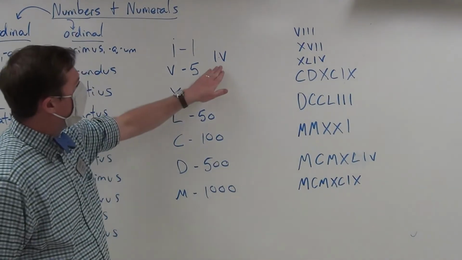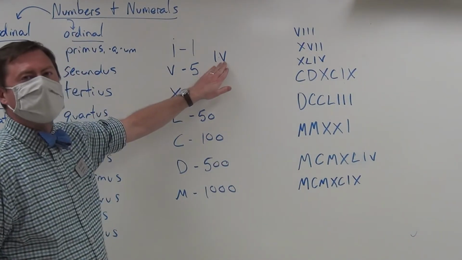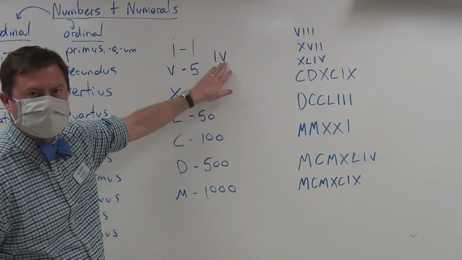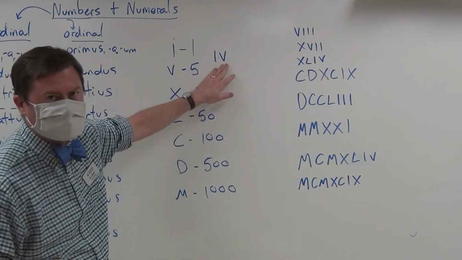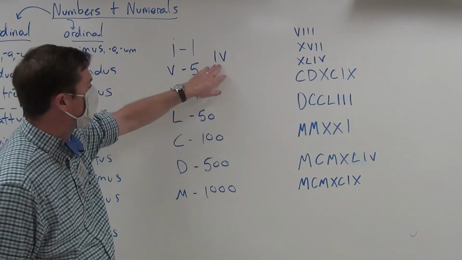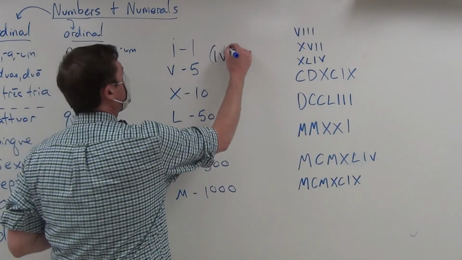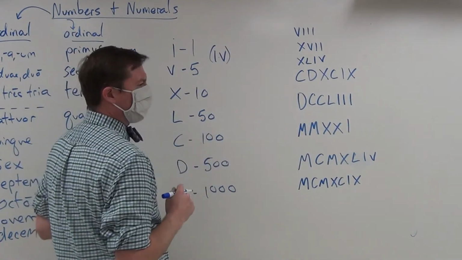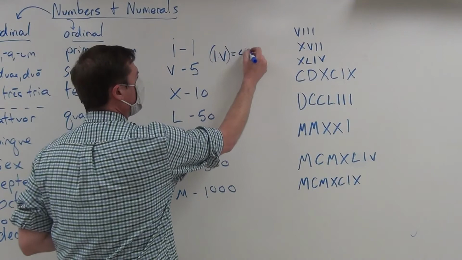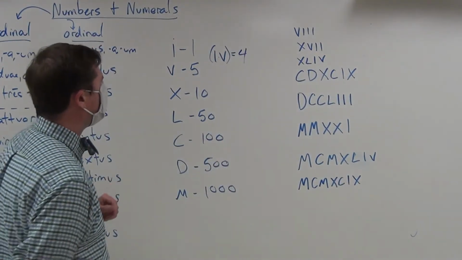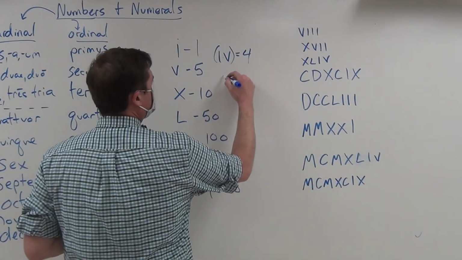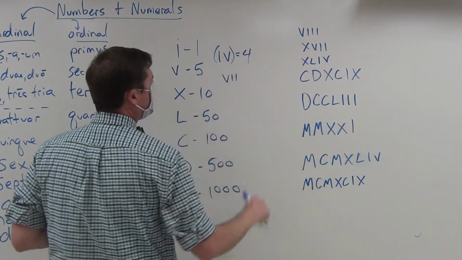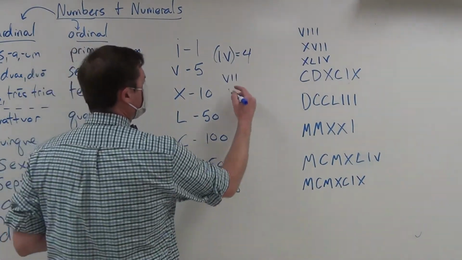That is, if a letter is followed by a letter that is larger than it, V, 5, is larger than I, you group them together and subtract the smaller from the larger. So this number is actually 4. So if you were to see VII, that would be 7. But if you were to see